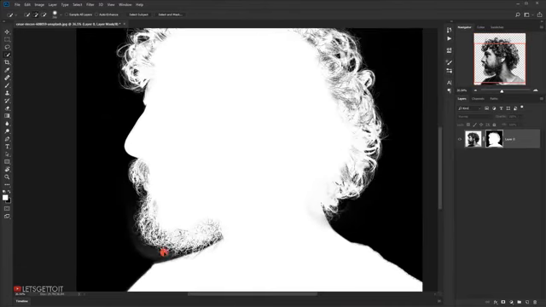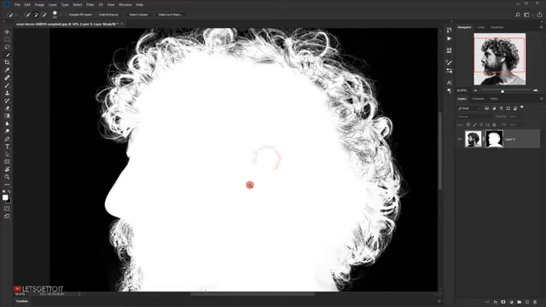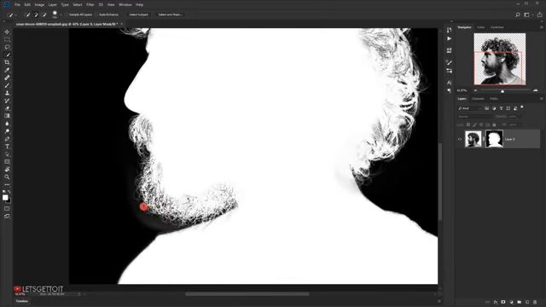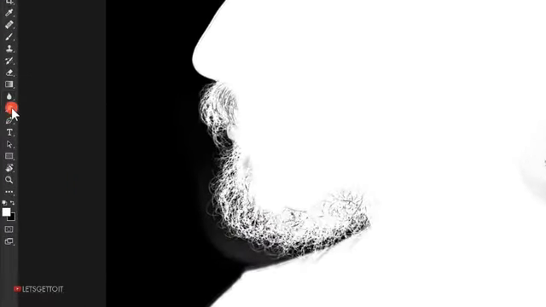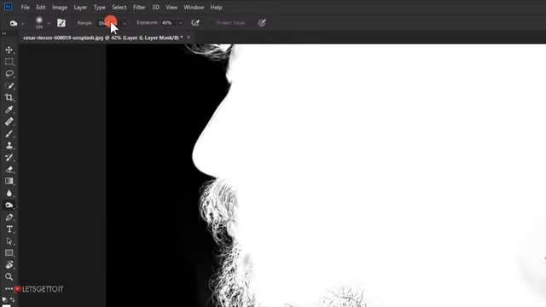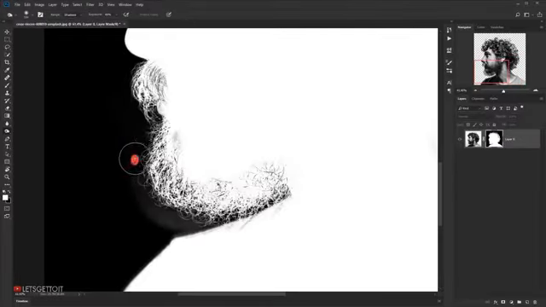And as you can see we still have some gray in here and a little bit of dark areas inside the white area in here, which is our selection. Alright, so we need to get rid of this grayness in here using the dodge tool and the burn tool. So I will switch to my burn tool in here, and in the range I will put shadow, and for the exposure I will put around 40 to 50%, and I will start getting rid of these gray areas in here, as you can see,